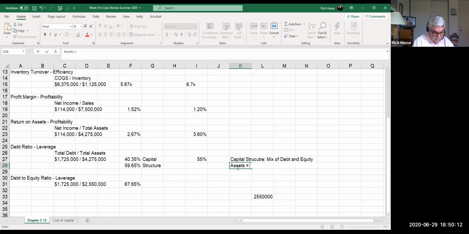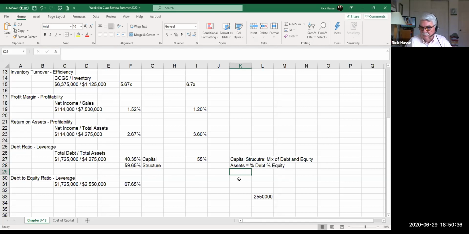What percent of those assets are funded by debt, and what percent of those assets are financed by equity? That's the capital structure. So if I would ask you the capital structure of this company based on what we did over here, the capital structure is 40.35% debt,